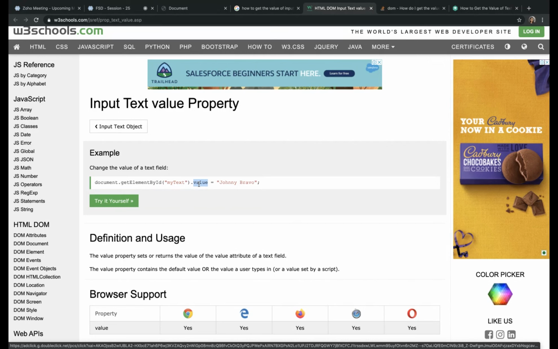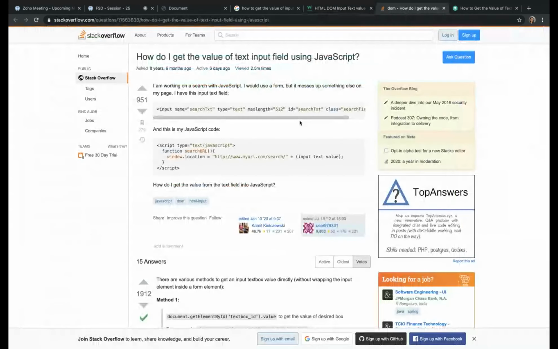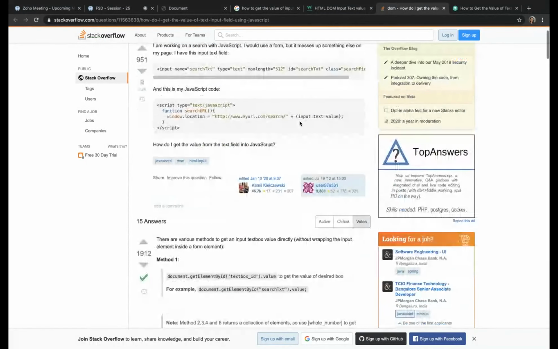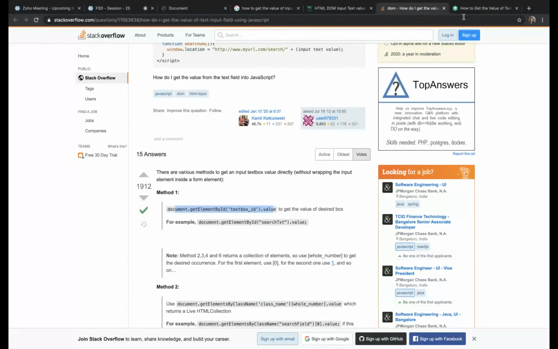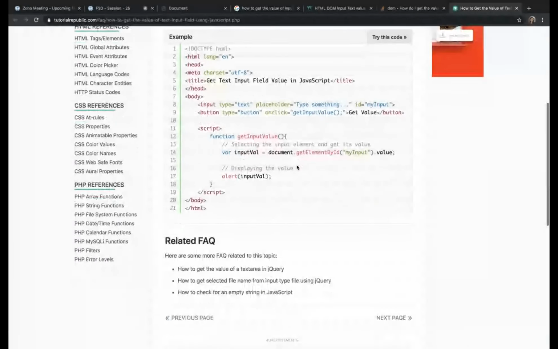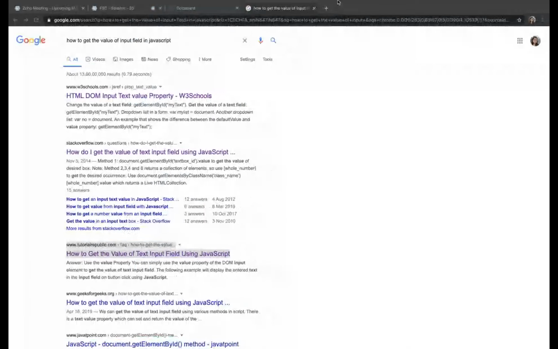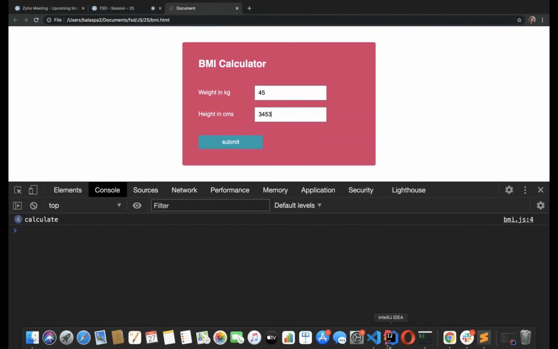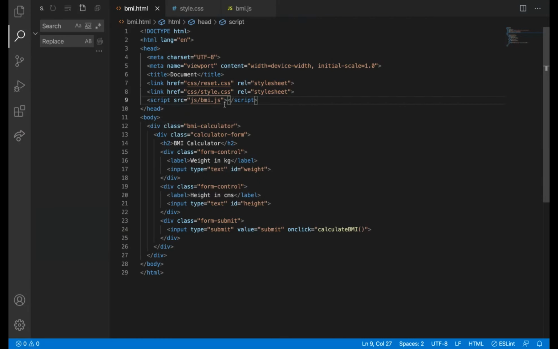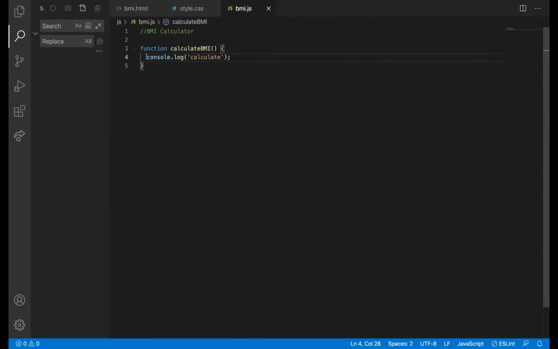We have seen that. So this is document.getElementById. If I give dot value, it will give the value of the input field. We will check whether everybody has given the same thing. Yes, they also said the same thing. Here also they have said the same thing. So this is how you need to search and do, if you're starting something which you don't know.